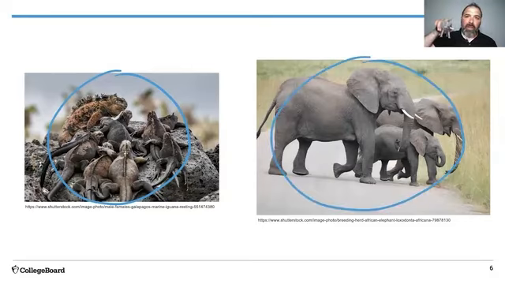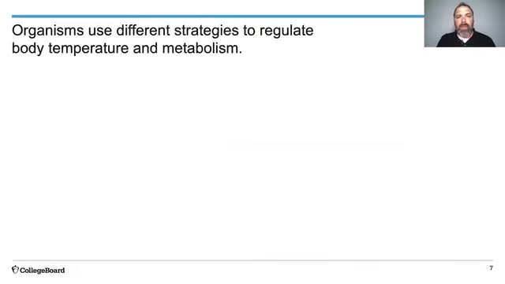Endotherms, like my friend here, the elephant, regulate body temperature internally. And if you notice, they have these really large ears. Those ears on those elephants are used to help regulate body temperature. They help cool them down. They have lots of blood vessels in them. And so there's a difference between ectotherms and endotherms and how they use energy. But due to evolution, different organisms have different adaptations to survive in different environments. But these are just two examples.